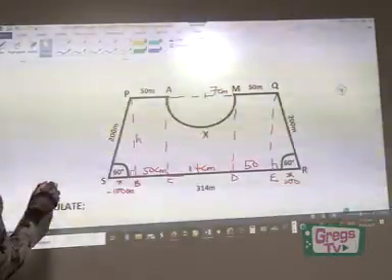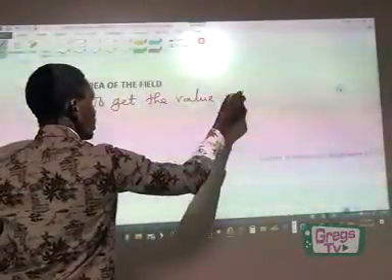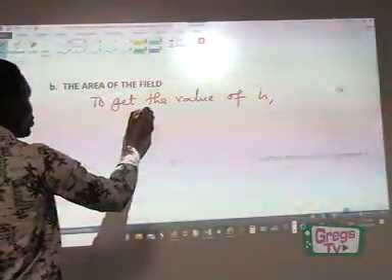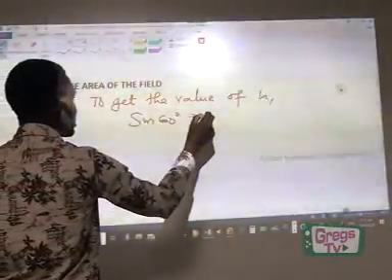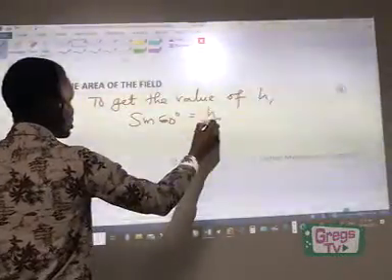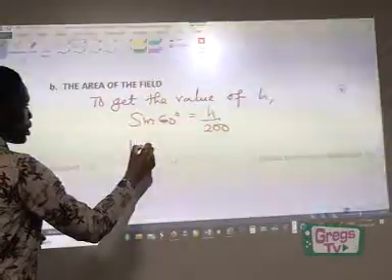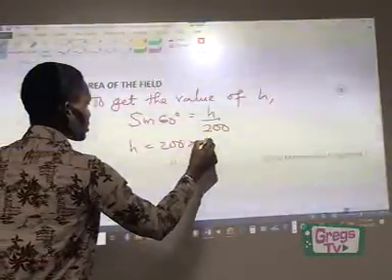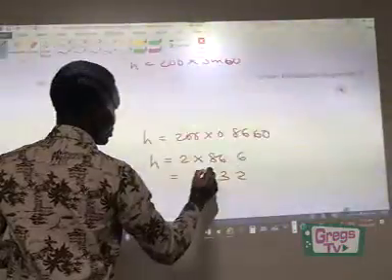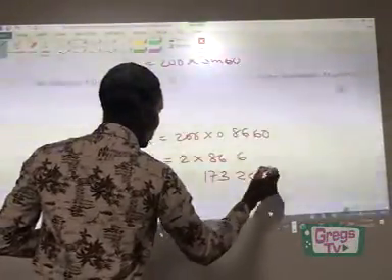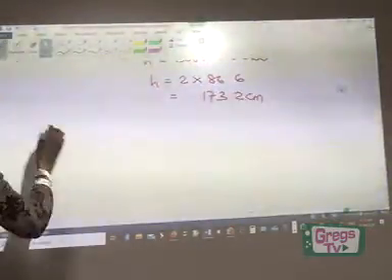So quickly, let's see. To get the value of h, we use our trigonometric ratio. In this case, it's going to be sine 60 degrees. Sine 60 degrees is going to be h over what? The other side there is 200, if I'm not mistaken. Yes, and that will be h equal to 200 times sine 60 degrees. What's sine 60 degrees? That's 0.866. Yes, it's correct. So that's my h. So then the plan is 1,